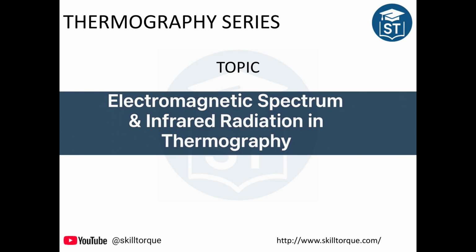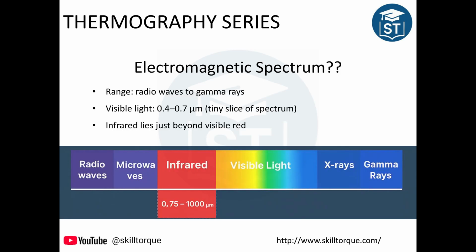I believe you all are already aware of this electromagnetic spectrum. We normally read about this in our school time. The electromagnetic spectrum is the range of all possible electromagnetic radiation. It starts from long wavelength, that is the radio waves, until the gamma rays, which have very short wavelength. Our eyes are able to detect visible light in the range between 0.4 to 0.7 micrometer in this spectrum,